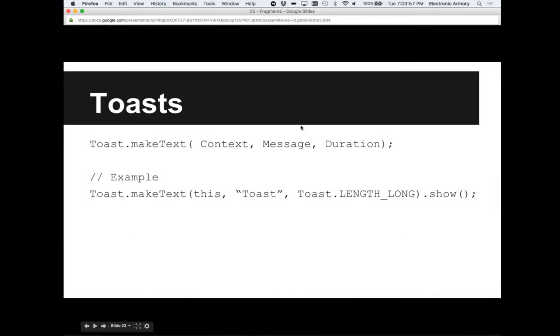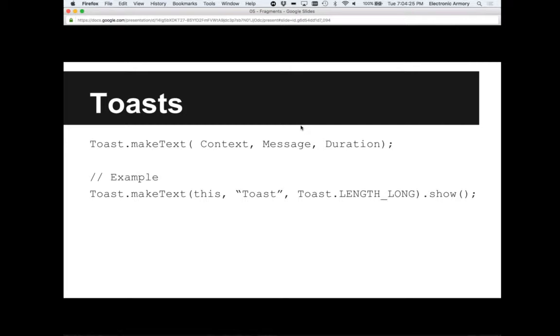Okay, so debugging, all that fun stuff. Toasts. This is another way of debugging. The reason why I'm introducing this early is because you'll probably find yourself hacking away at this stuff and you're just like, why is this not working? Well, you could either use the debug messages or the log statement stuff, or if you want something a little bit more visual on your UI instead of buried deep in all that text,